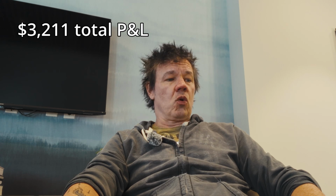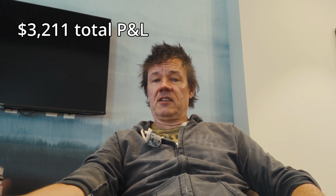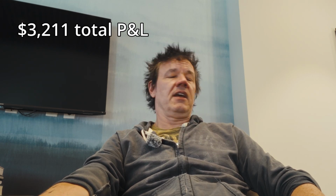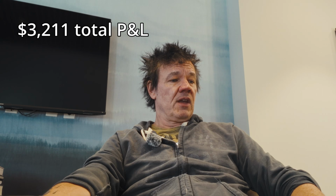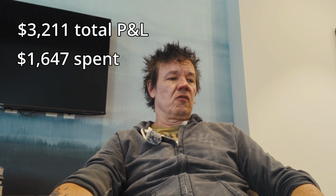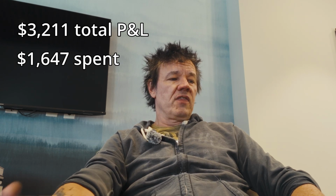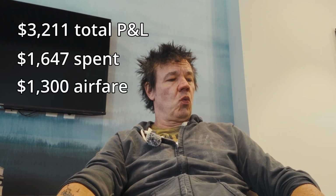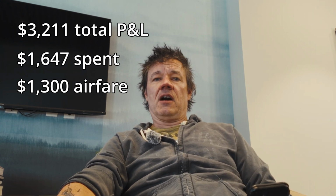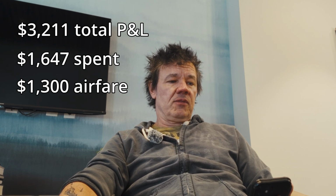The grand total amount that I spent while I was on the trip, now this is not airfare or Uber ride to and from the airport, just money that I spent, this is including the hotels every night and dinners and doing whatever I was doing. I bought some stuff. So all of that together, $1,647. Add up the $1,300, which included the round trip airfare and the Uber ride to and from the airport. Add that together,